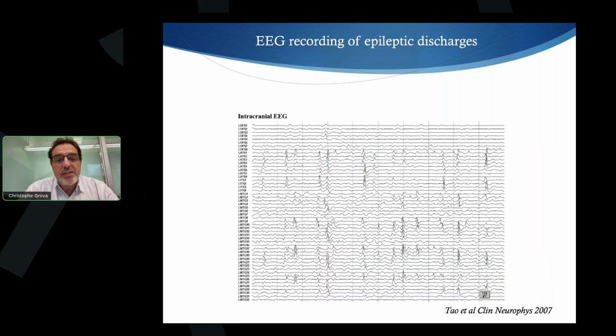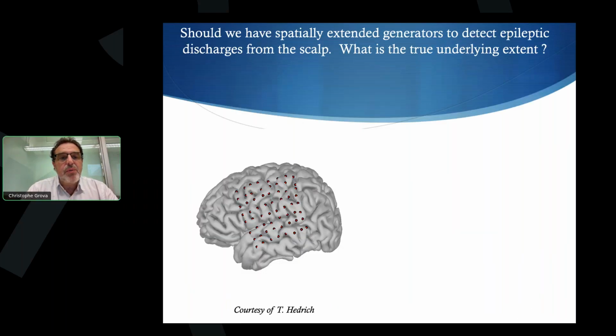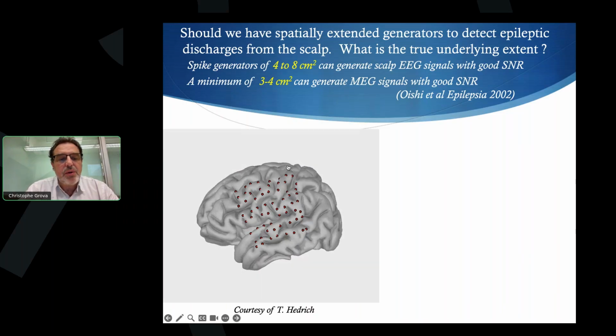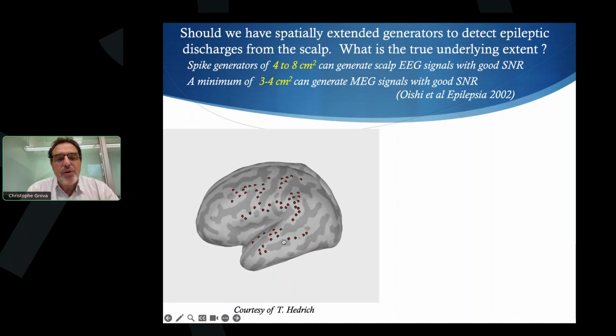There have been different studies, including the one from Tao, showing that we need relatively extended regions of cortex to be active to see those discharges, which are large signal to noise ratio signals on the ongoing scalp data. Typical results suggest that we need at least 4 to 8 square centimeters to see the spike on EEG, perhaps slightly less in MEG, but still it's extended. Those results might not be that accurate, especially because they were compared with ECoG, with grids, not with SEEG, so we're not covering the exact extent of the cortex.